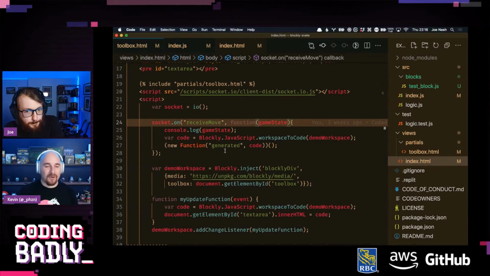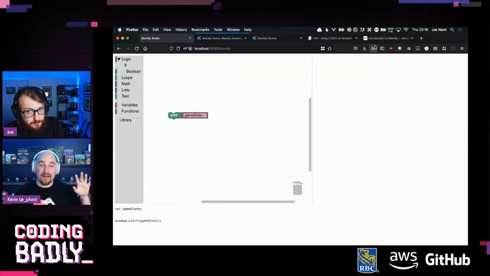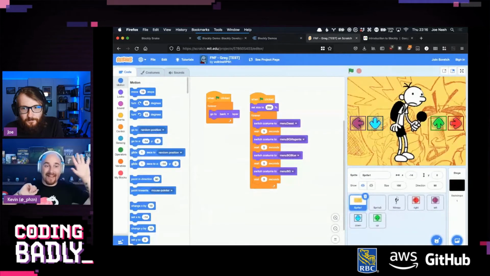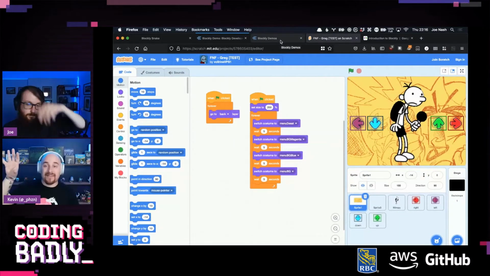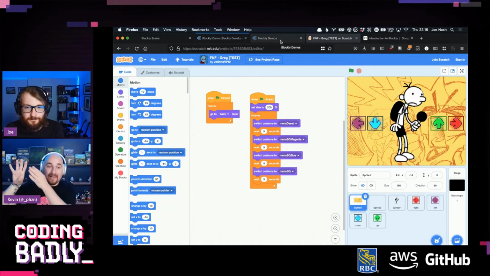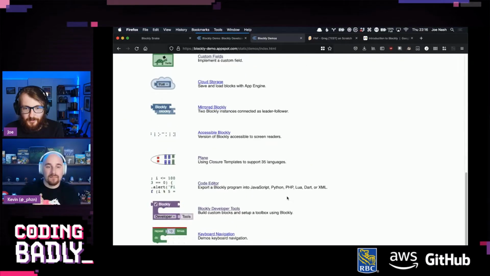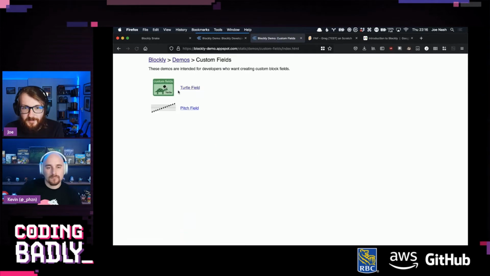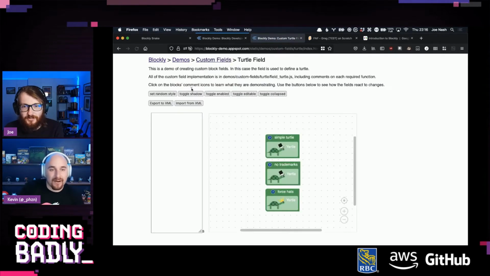To not go off on too much of a tangent, Estegon asked another question. Can you show the game board itself in a block? So no, but Blockly does have a game view, like supported, just like in Scratch, where you have a canvas and then your code, and you can print whatever you want to the canvas. So we could present the game state on the canvas side. For sure, yeah. And there is a demo which shows something like custom fields. I stand corrected. You could display a game board in it, but I think these are images, so I don't think it would work very well.